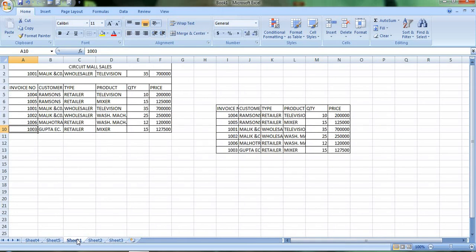I hope you have understood your activity. I hope you will try this at your home also, and for better understanding you can open your book also. You can match your book with my video, so that the instructions will be easily clear to you. Hope you will be able to find all the options, and you will be able to perform this activity at your home also. Thank you so much.